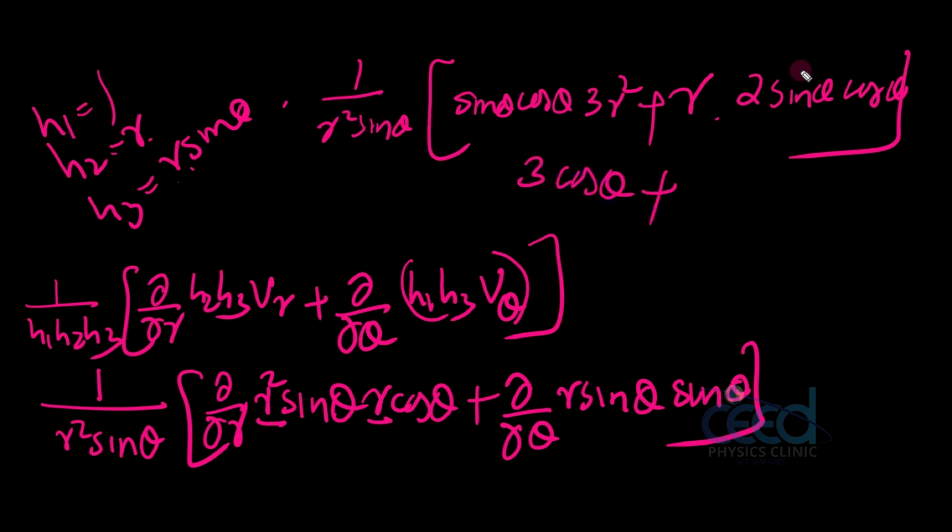And in the other term, sin θ cancels, r² and r cancel, so we have 1 by r here. 2 sin θ cos θ is sin 2θ, so the answer is 3 cos θ plus sin 2θ by